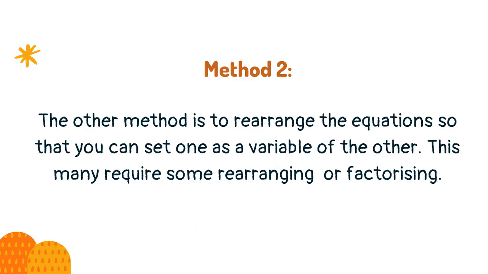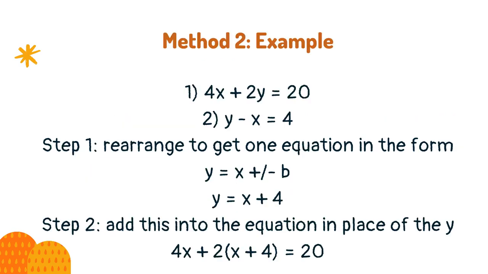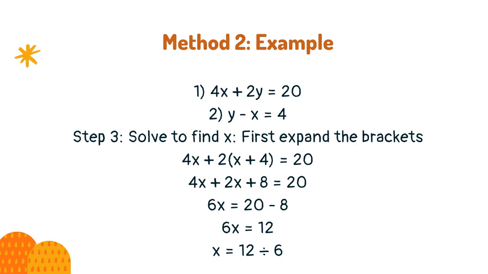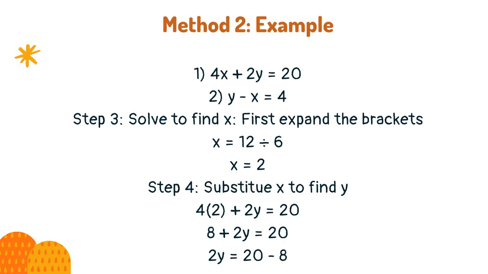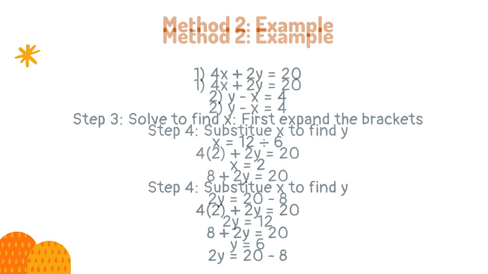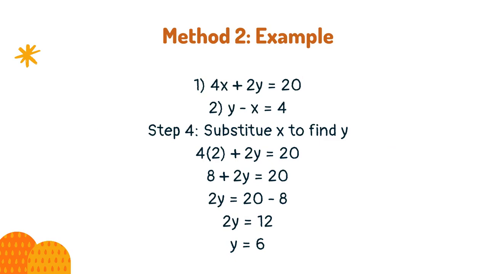The other method is to rearrange the equation so that you can set one as a variable of the other. This may require some rearranging or factorizing. Here the second equation can be used in place of the y in the first equation. Here once the brackets are expanded the equation can be solved to find x. x can now be used to find y. Once y is found it is important to substitute the values into the original equations to check that the figures